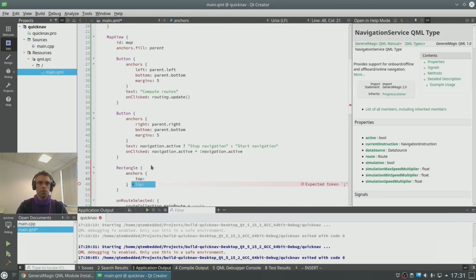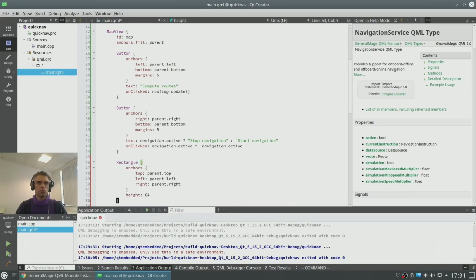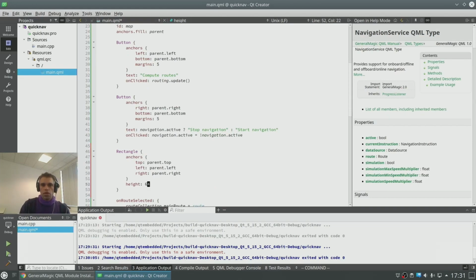Top, parent, top. Left, and so this rectangle will be at the top and it will be from the right to the left. It will be a panel covering the whole top of the map. Okay, and we'll give it a height and color.